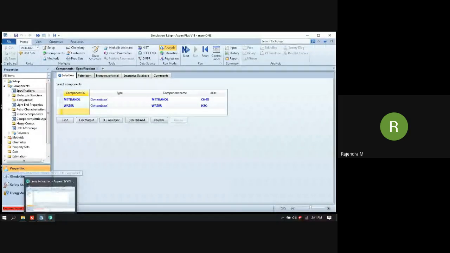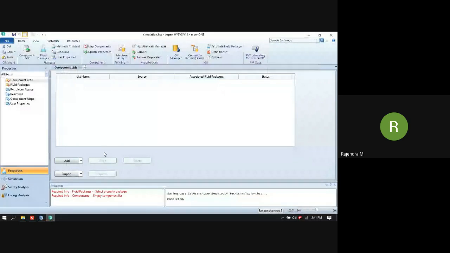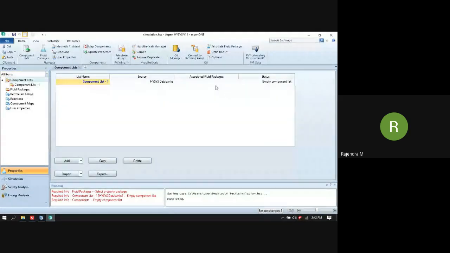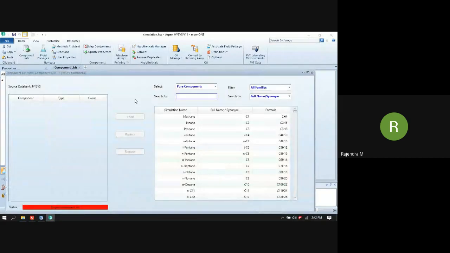For simplicity, I will first go to Aspen HYSYS. Our experience is that Aspen HYSYS software is somewhat difficult to understand in terms of user interface. Okay. So we'll cover Aspen HYSYS first and later move to Aspen Plus. I guess these things are already covered, how to add components and fluid package, etc. After clicking on this add tab, you have on the right hand side all the components listed.